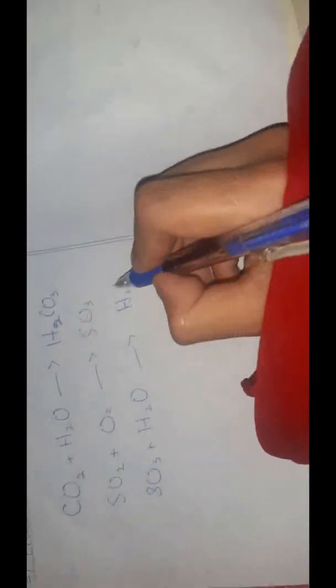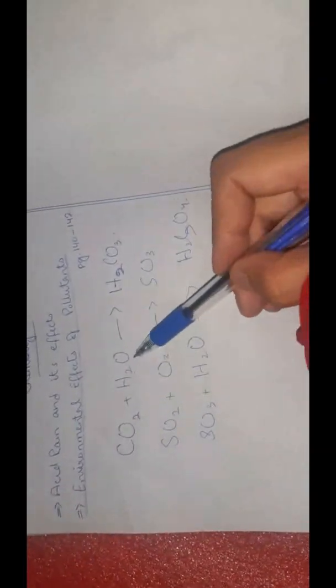Similarly, the sulfur dioxide with oxygen to form sulfur trioxide. Then this sulfur trioxide will react with water to get H2SO4, sulfuric acid. So whenever the gases react with water of the atmosphere, they produce